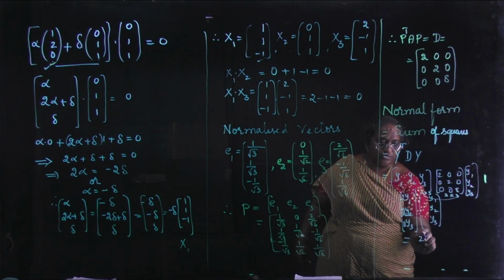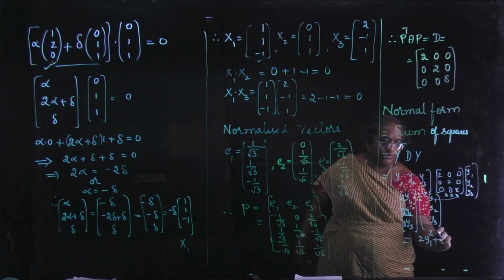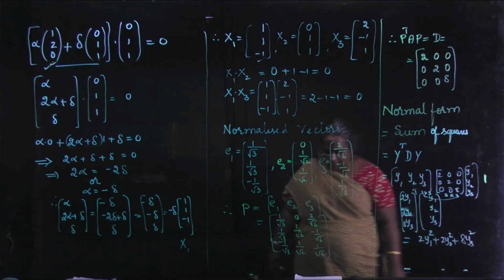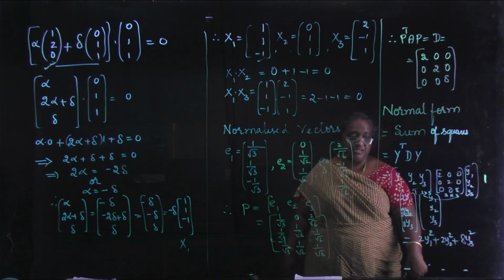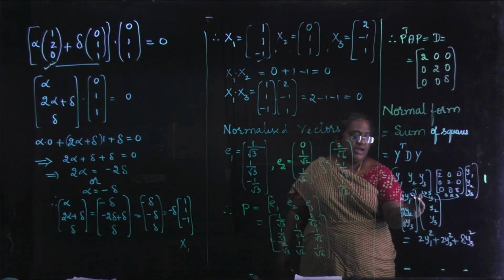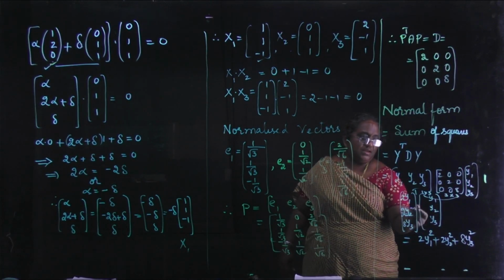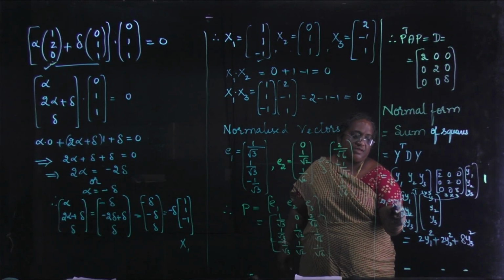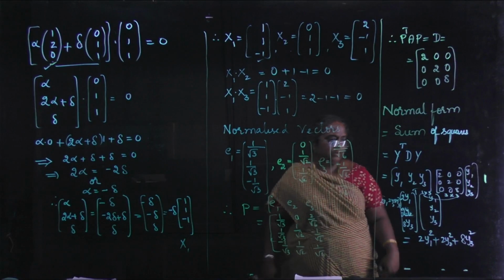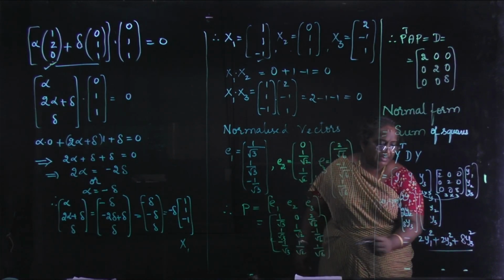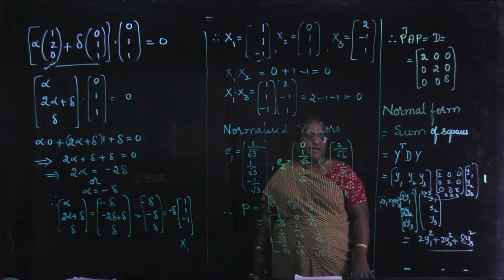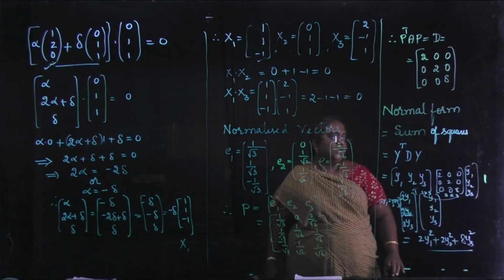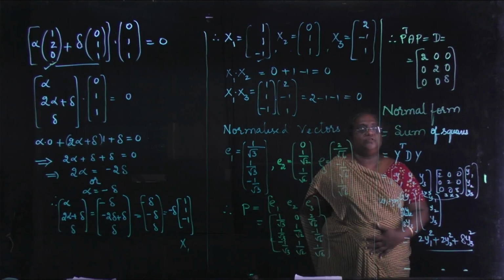This is equal to 2y1 square plus 2y2 square plus 8y3 square. So that is the sum of squares of the matrix. That is what they asked. So here I have written it as 2y1, 2y2, 8y3. So the transpose matrix here we get as 2y1, 2y2, 8y3. This is what we get here. So now if you multiply these two, you will get the sum of squares. That is how we have to reduce it to normal form, orthogonal reduction.